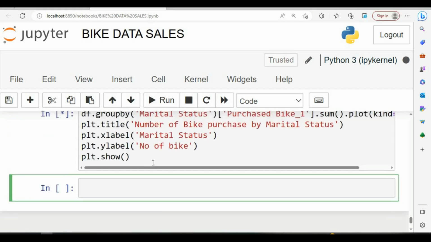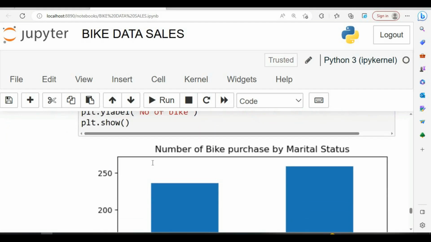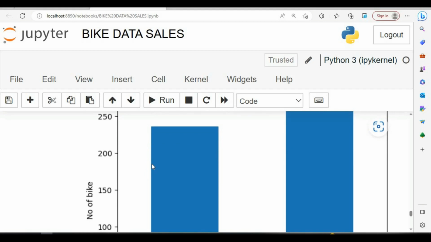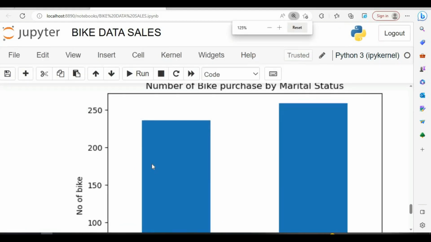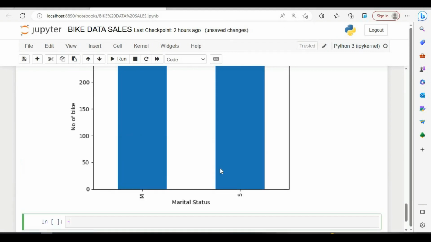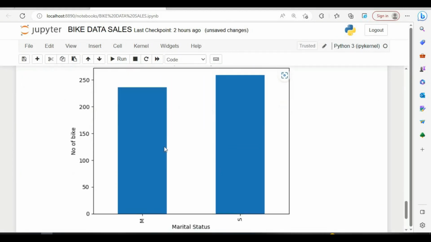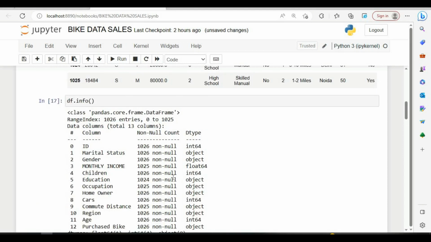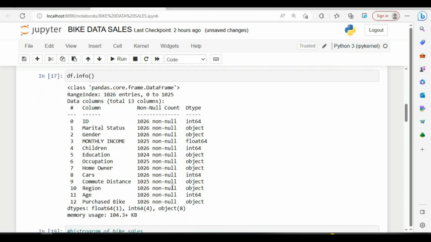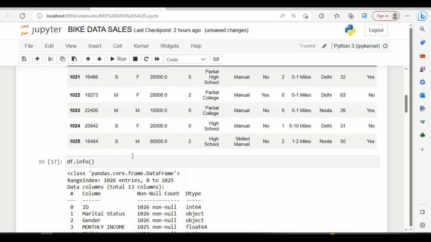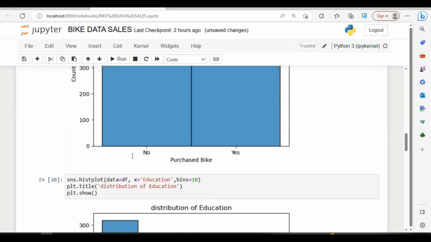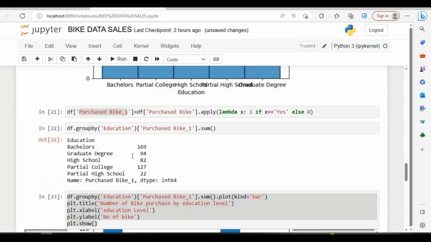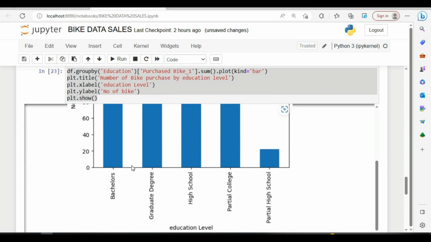So it will create a chart as per the marital status. This is our chart now. If you want to see how it will look, here is the chart, showing how many males and females have bikes. The next chart we can create is according to occupation, what occupation people have and how many bikes they have. First we created a chart related to education, then we created one according to their